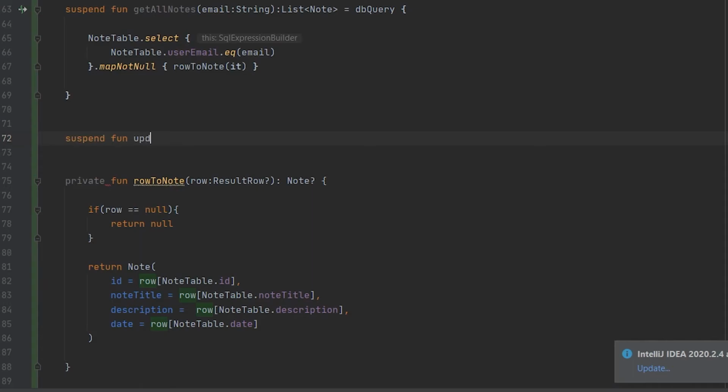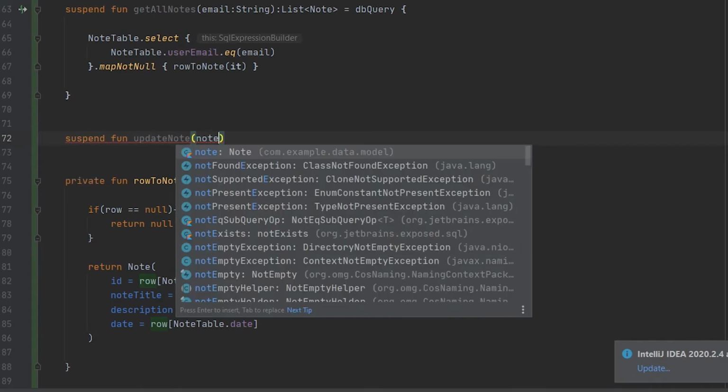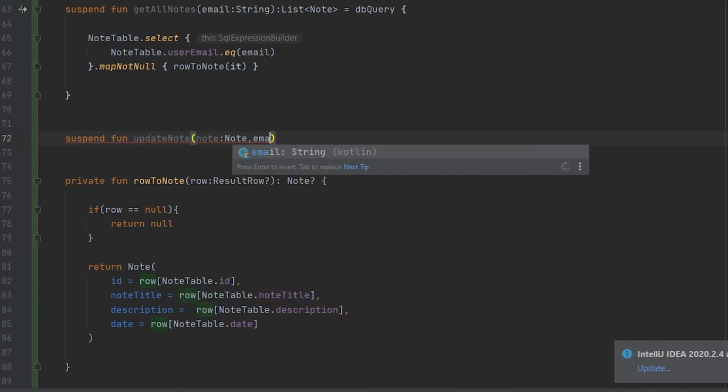Write a suspend function updateNode, and here we have to accept a node and email.